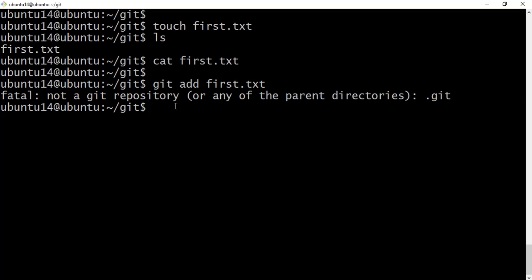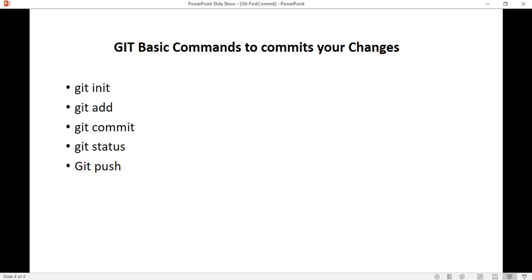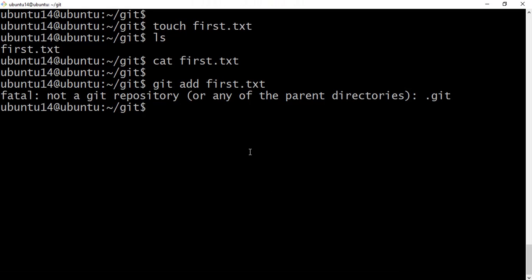Because of this, we need to initialize git first in this folder. This is the first command we need to perform before anything: git init. I will run this command, git init.